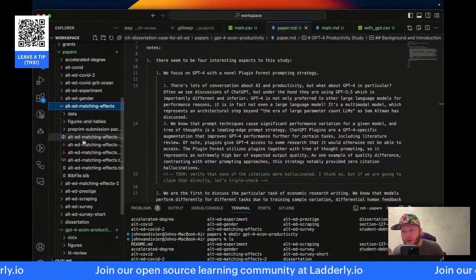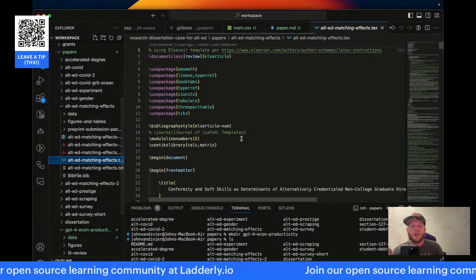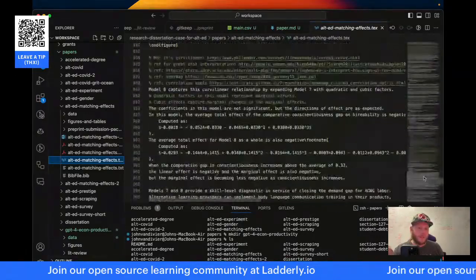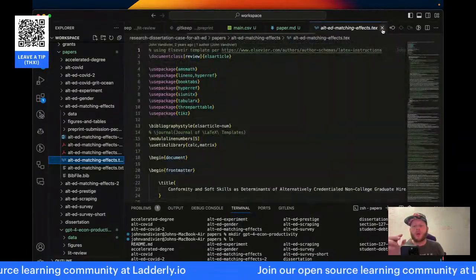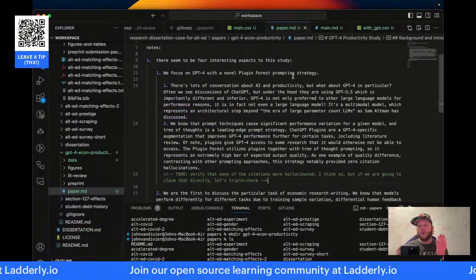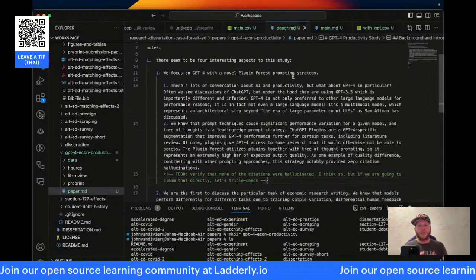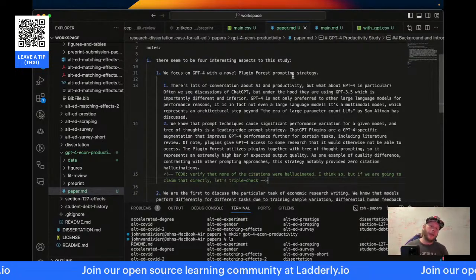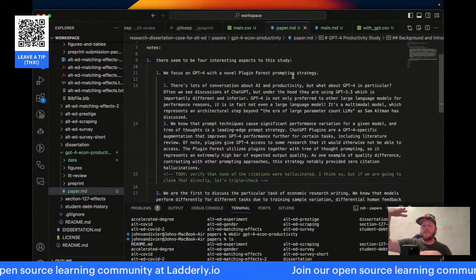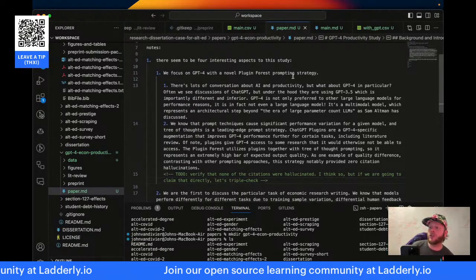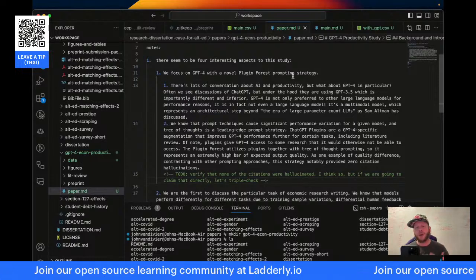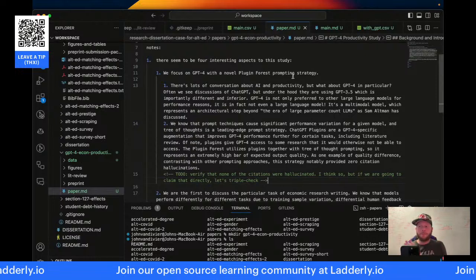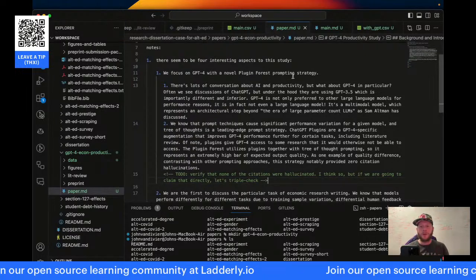Even me, look at my other papers. I don't have markdown files. I have tech files, right? Look at how gross this is. Do you like LaTeX? No one likes LaTeX. LaTeX is awful. You don't even need to write LaTeX anymore. I can write beautiful ergonomic markdown, and GPT-4 can translate it into LaTeX. I can give it an early, poorly written draft and ask it to format that into a nice, refined LaTeX, and I can skip like 4 steps of revision.